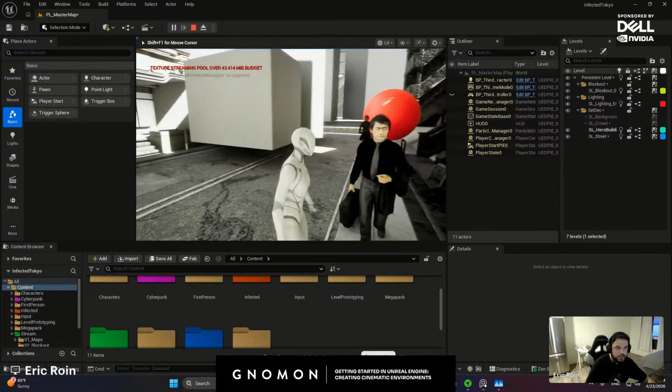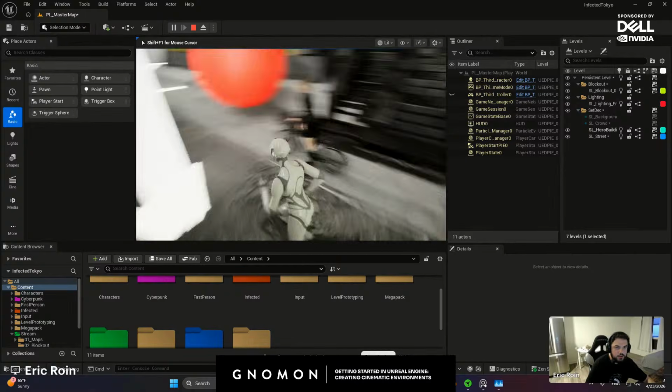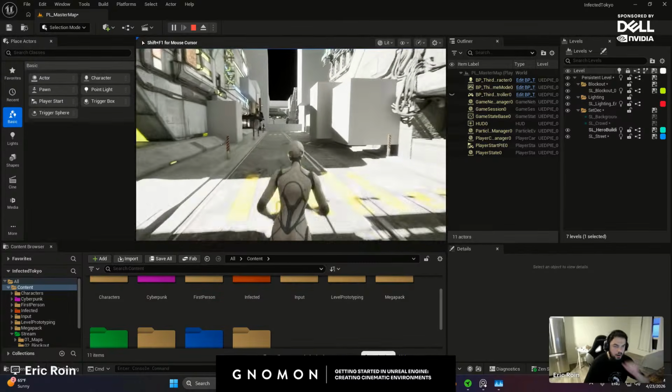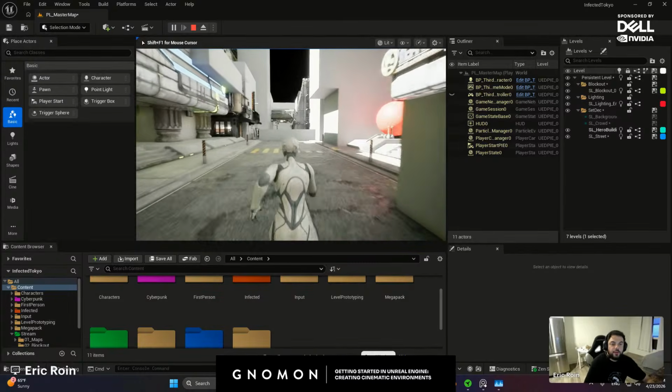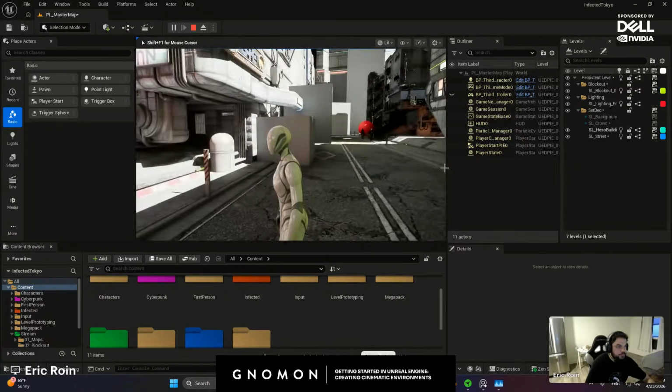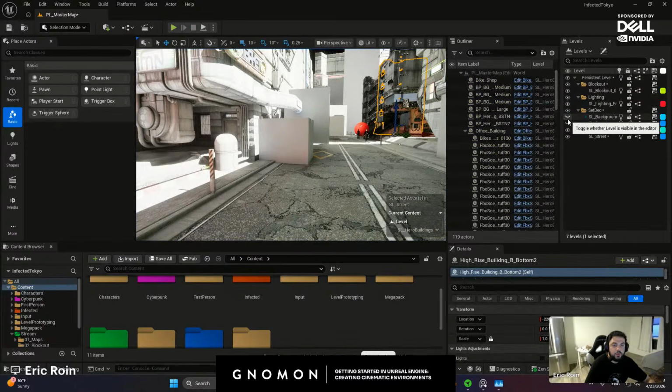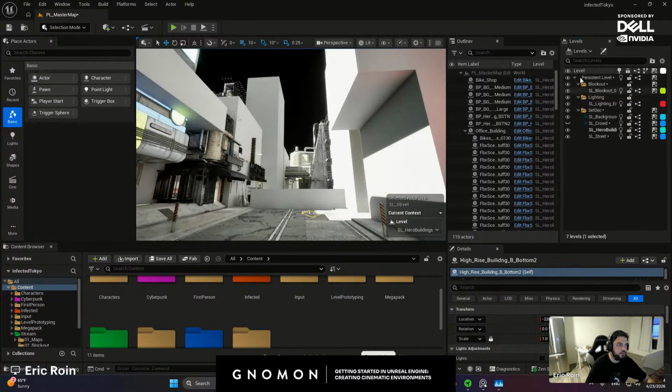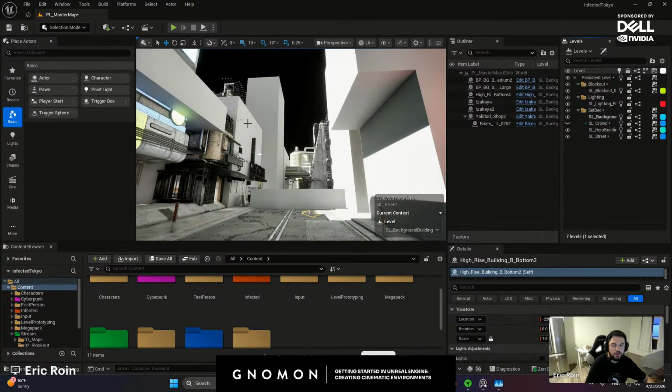Also adding just some scale figures for a sense of scale. Then I start adding more and more backgrounds and essentially filling in my space. So you can see my level setup is basically like layers in Photoshop. You can hide and unhide stuff pretty quickly. So let me show the background buildings level. It's always nice to separate your foreground elements from the background in case your scene gets really heavy or maybe your graphics card cannot support so many assets if they're too detailed. You can kind of control your performance.